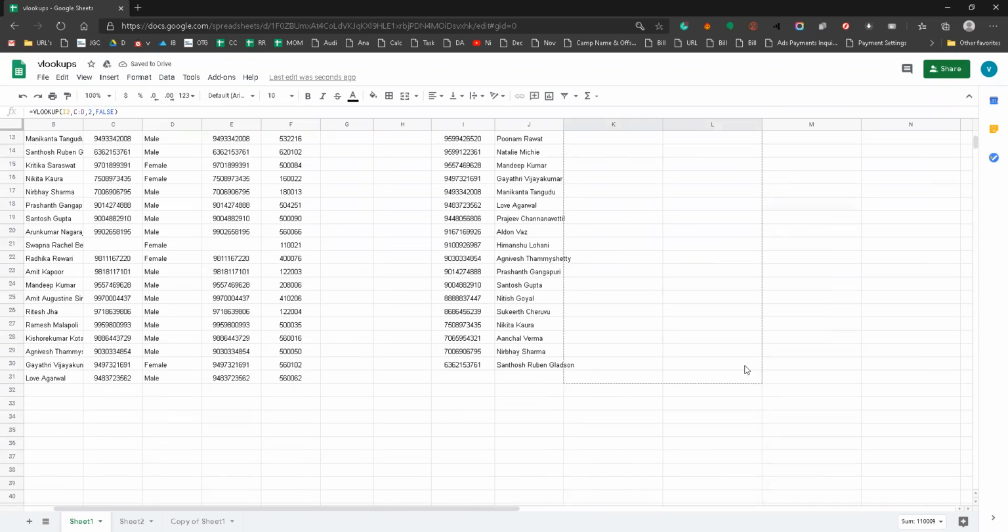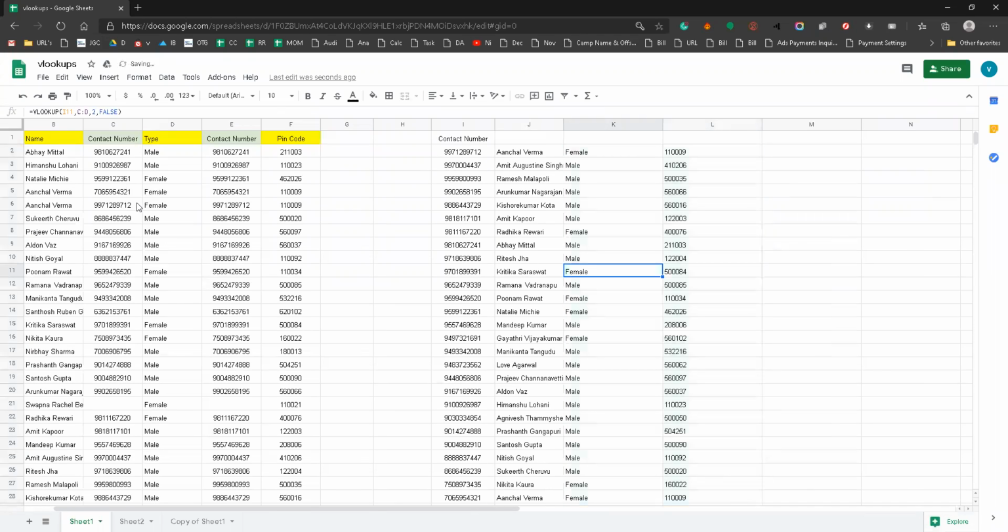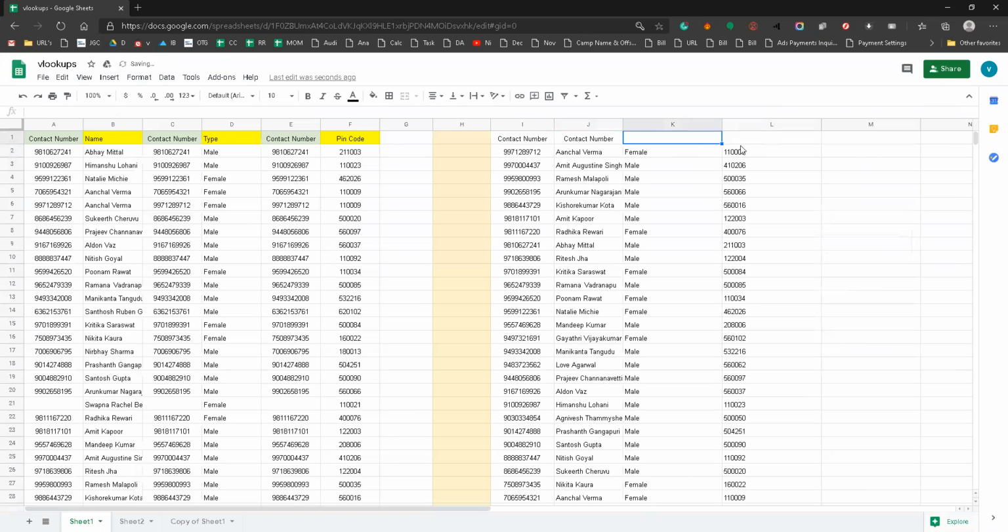When we drag the formula, it will directly interact with the beside main data source which we have kept. So this is all about the VLOOKUP services.